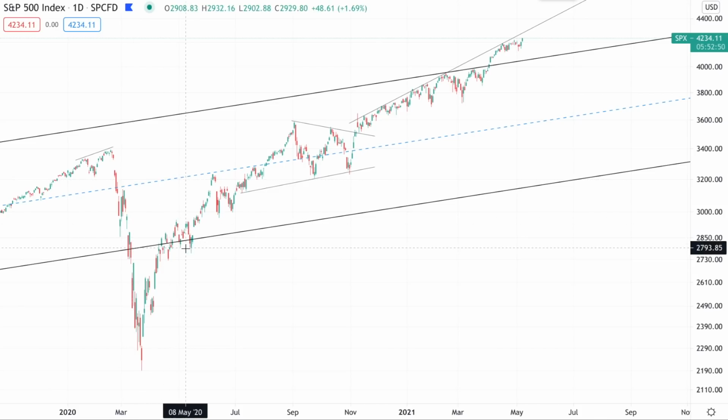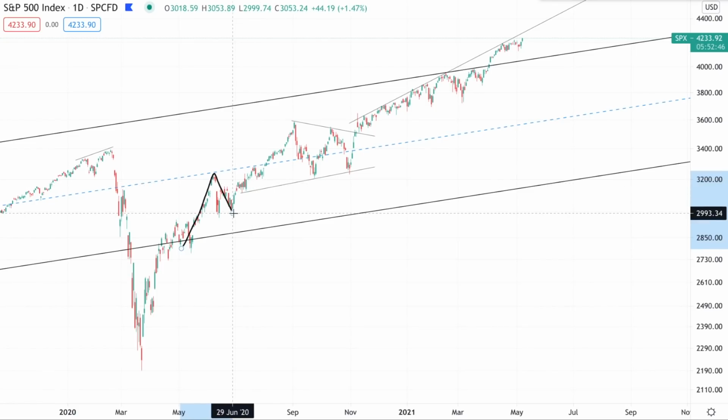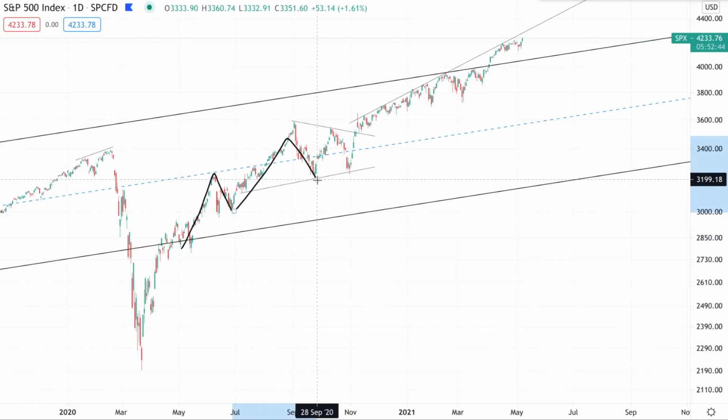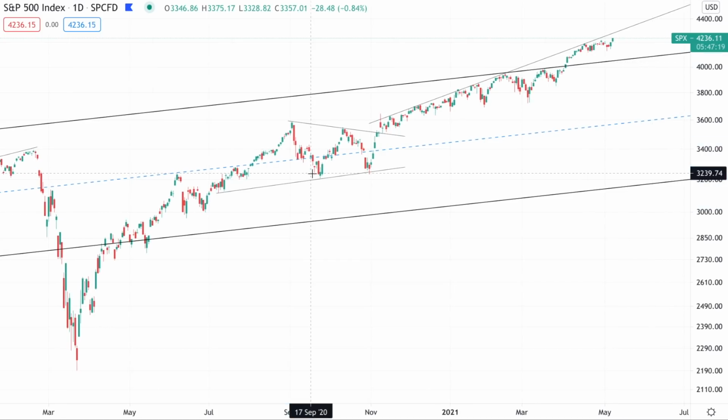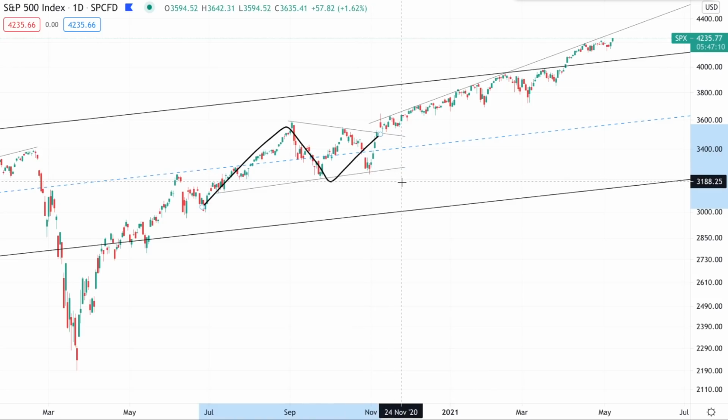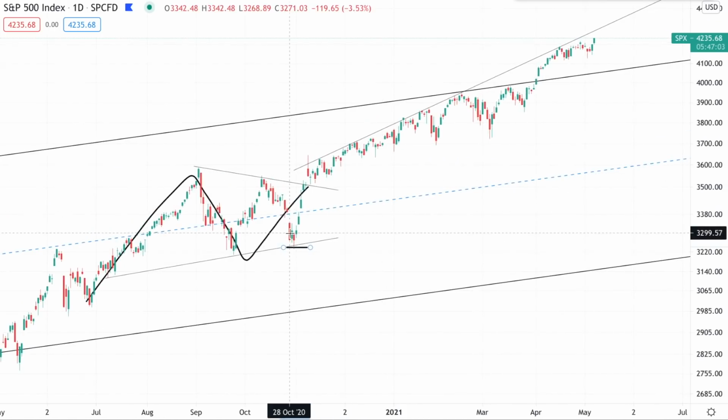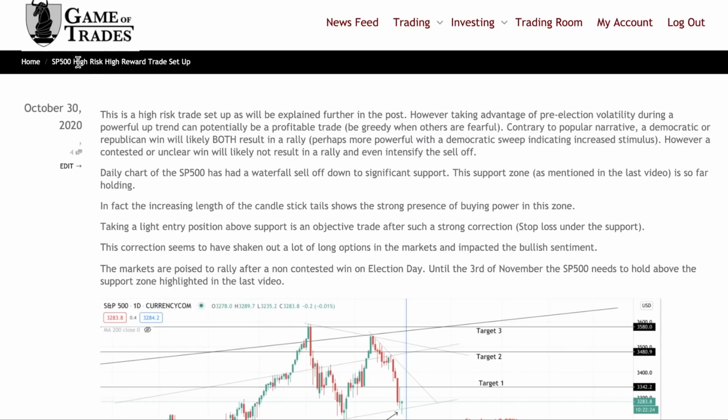We want to be taking advantage of the big market moves, not the day-to-day price action, but those big trends that you see on the stock market. That's where you can make the most profit in the shortest amount of time. And then we're going to take a look at the shorter term picture, because to take advantage of those big trends, you need to go into detail, take a look at the shorter term time frame and identify high probability entries, just like we did right here with this high risk, high reward trade setup